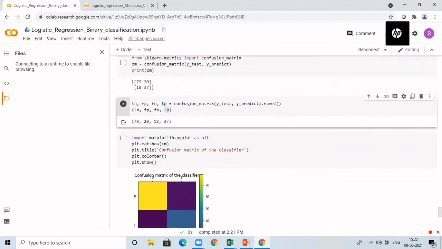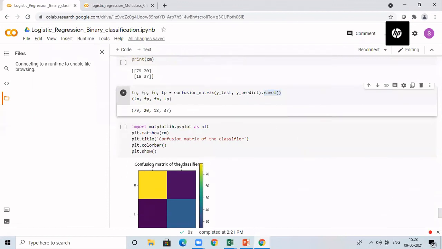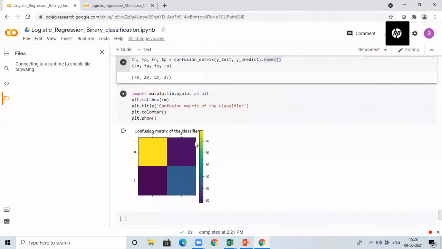Now, I am extracting the confusion matrix and then it is printed. So I am getting a 2x2 matrix. After that, if your data classification problem is a binary classification, then you will get these 4 parameters, TN, FP, FN, and TP. You can print those values. For that, you can call confusion_matrix, pass y_test, y_predict, and call the ravel function. When you do that, it will extract these 4 parameters and return them in the same order. The order is nothing but you first take the first row elements followed by the second row elements and so on.